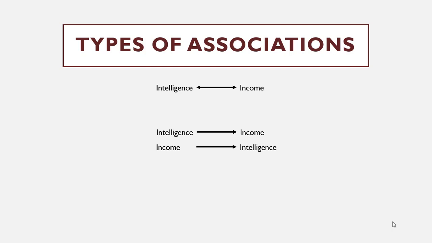A different way to represent that intelligence and income are connected with each other, associated with each other, would be to use a directional arrow. So here, the top one, we see intelligence predicts income. Intelligence causes income. So when we see a one-way arrow, that suggests that there's causality, there's a direction. One thing on the left-hand side of the arrow leads to the other thing on the right-hand side of the arrow. And we could look at this and say intelligence leads to income, or we could say that income leads